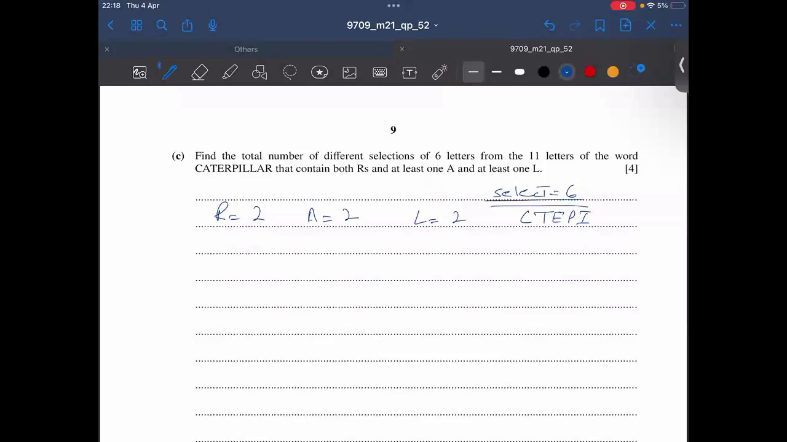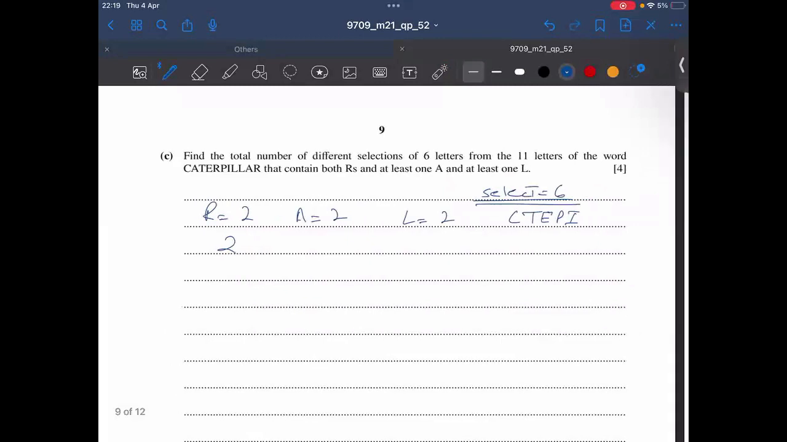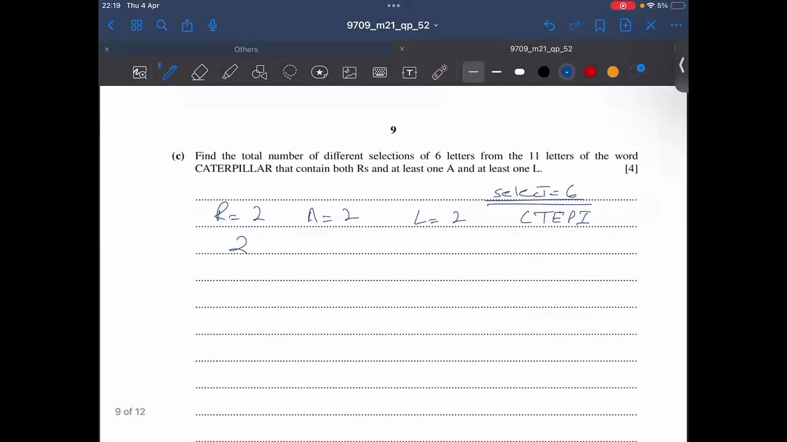अब हमें टोटल कितने सेलेक्ट करने हैं? How many we are supposed to select? 6, and in this we need to have both R's, दोनों R होने चाहिए। तो यहाँ पे 2 R हुआ है। अब हम सारे पॉसिबल कॉम्बिनेशन यहाँ पे लिखेंगे। CDEPI। 2 R आपके हो गए, पहले कॉम्बिनेशन में एटलीस्ट 1 A आपको चाहिए।